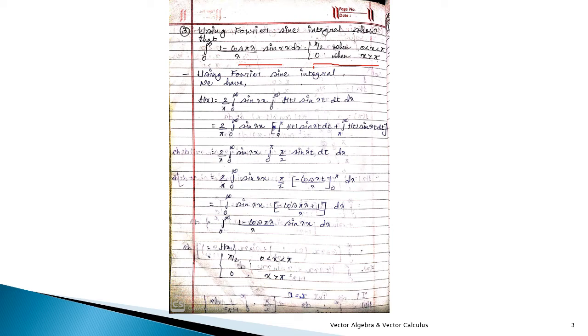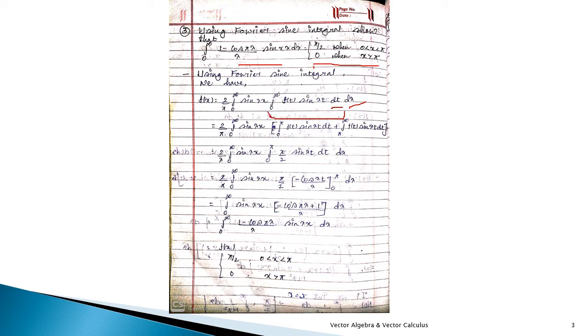So I'm just writing the formula of f of x for the sine integral, that is f of x equals 2 upon pi, 0 to infinity sine lambda x, 0 to infinity again f of t into sine lambda t dt d lambda. Okay, again you can see that here it's given t and lambda, with respect to t and with respect to lambda, but as we know, you have to just open only the inner part integration. So we will just do with respect to t, and the last will be as it is, in terms of lambda. So we only have to open this part, that is with respect to t.